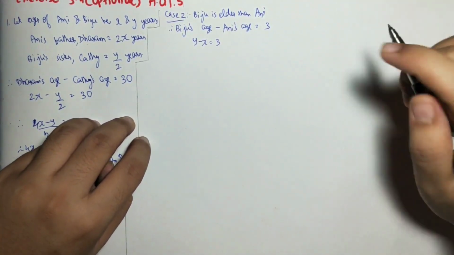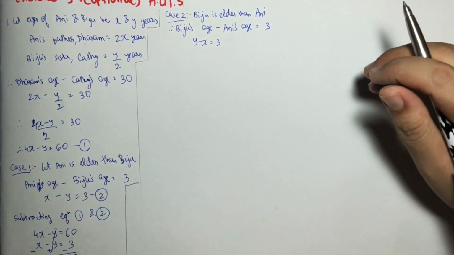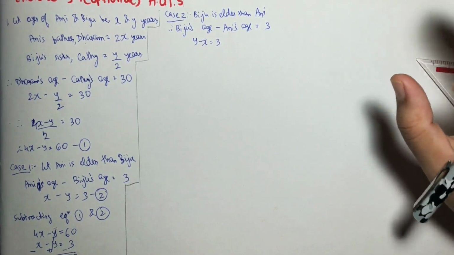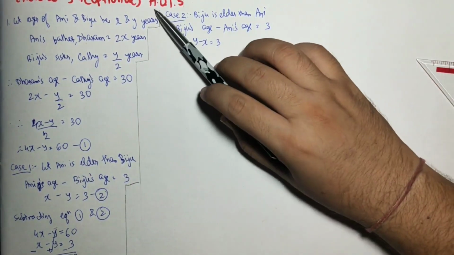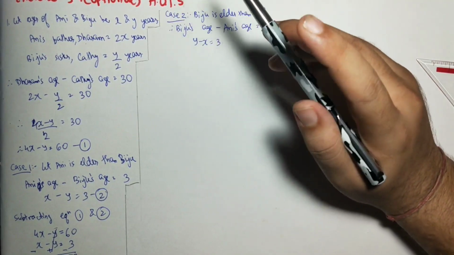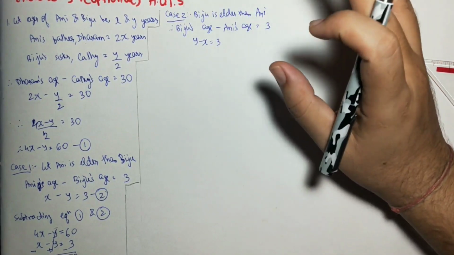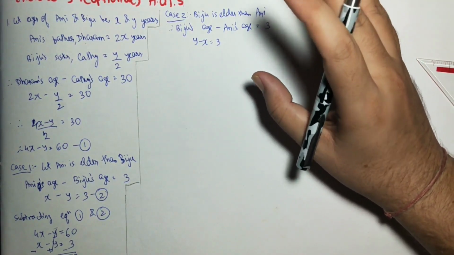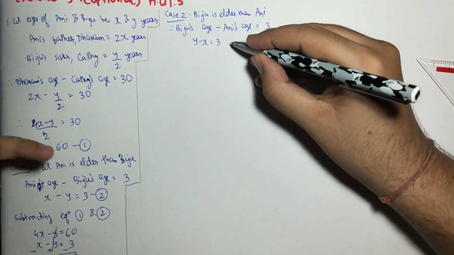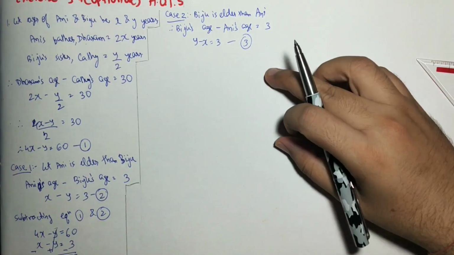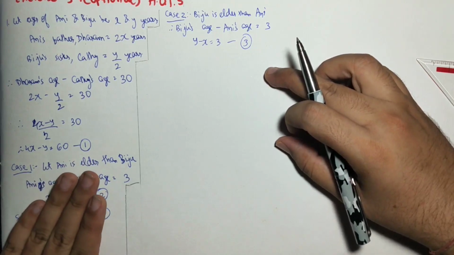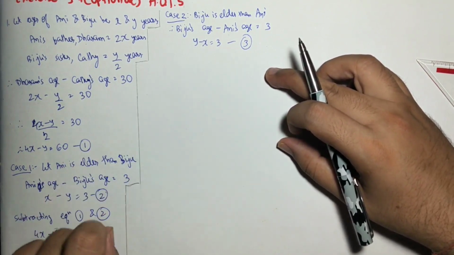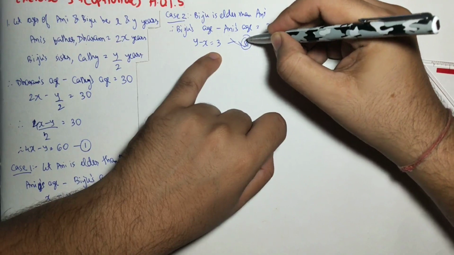And we know that x minus y and y minus x are not the same. So we have to consider both the equations. That's why this question is considered to be HOTS, that is higher order thinking skills. Okay, so please don't get confused. In examination, if you are not sure which one is elder, which one is younger, you have to take both the cases. So now this becomes my third equation, and I will be neglecting the second equation because it was our case 1. We will be doing 1 and 3. Now looking at 1 and 3, let me rearrange it.